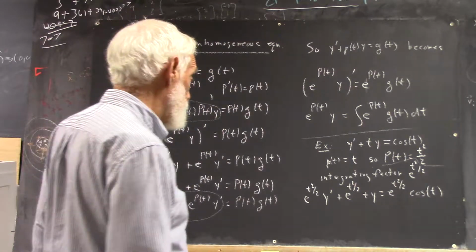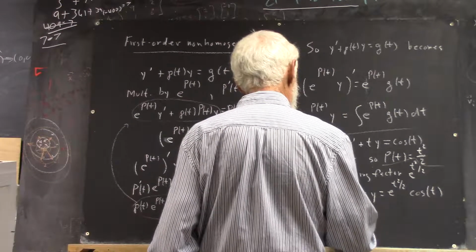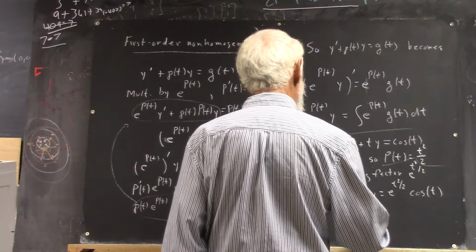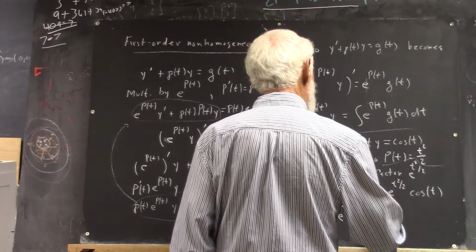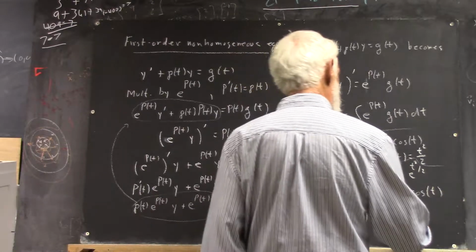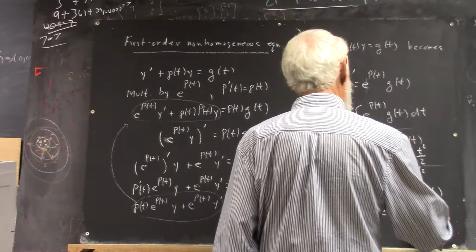And you should verify for yourself that this is then just e to the t squared over 2 y, prime, equals e to the t squared over 2 cosine t,